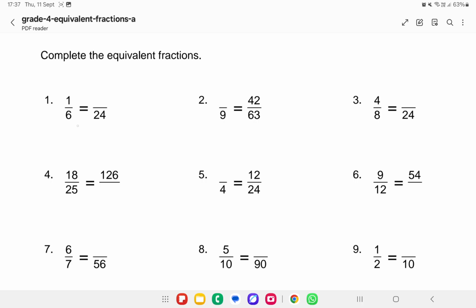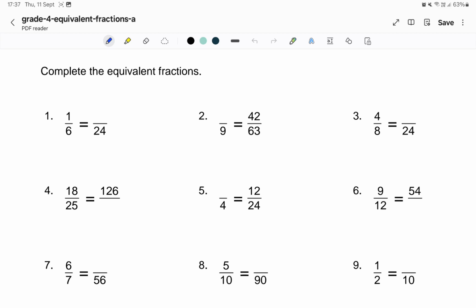Let's begin. First, you look at the part that they have given you, and you need to find the numerator. So first you ask yourself, how many times can 6 go into 24? You count 6, 12, 18, 24. That's 4 times. So you need to multiply by 4